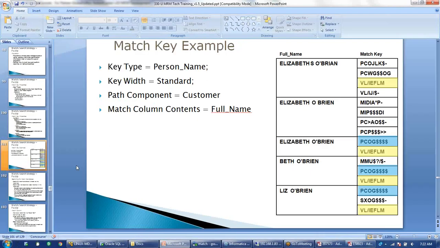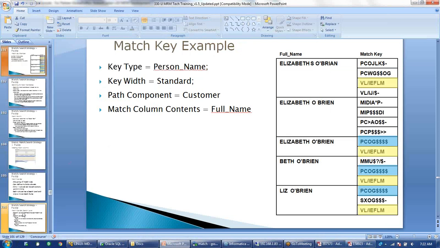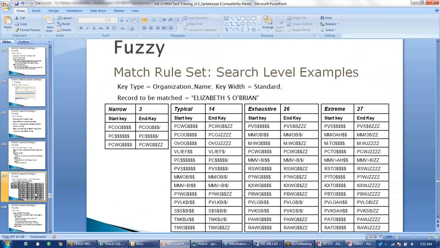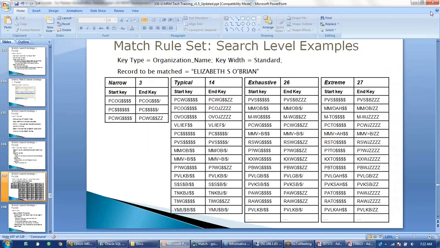One minute, let me open the PPT so that you can understand better. So this is an example here for the search level. I have just put some numbers here. This is not an exact number, just to tell you how many tokens it will take.